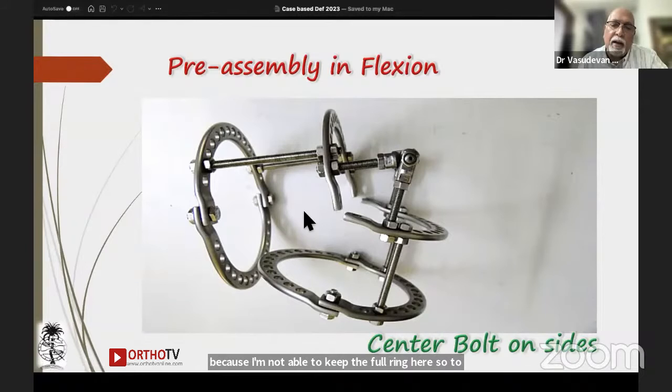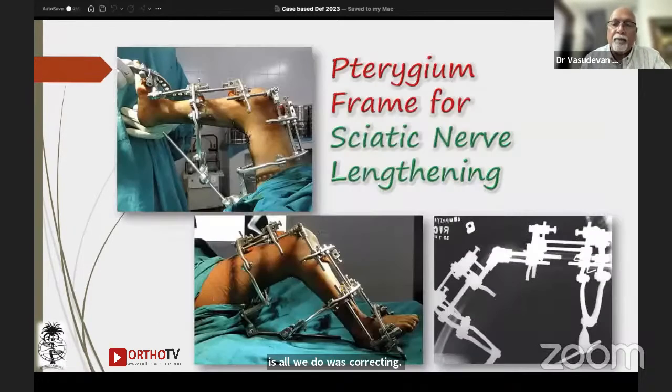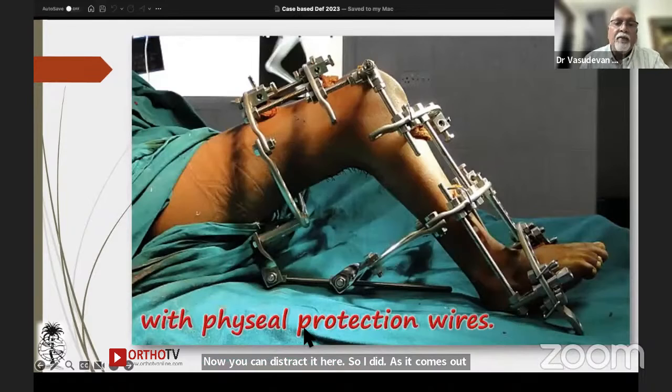And this is how it was correcting. And this is extension and flexion. I put the frame there with these half rings, because if you just imagine you have this full ring, then you will not be able to put that ring. So it is easy now, you can distract it here. So as it comes out,